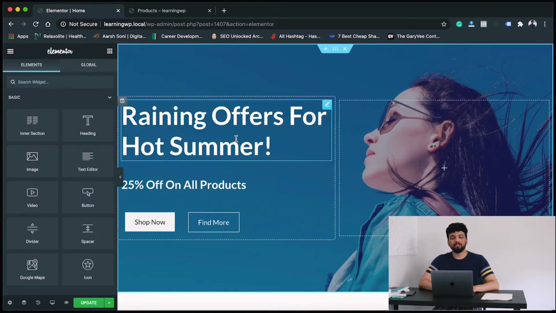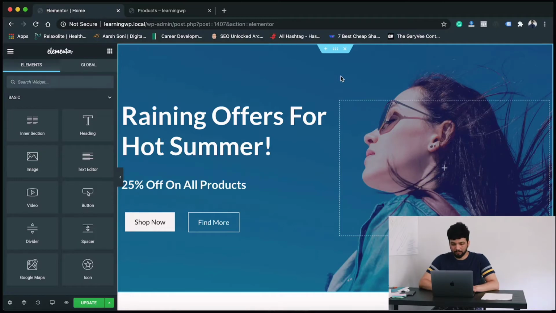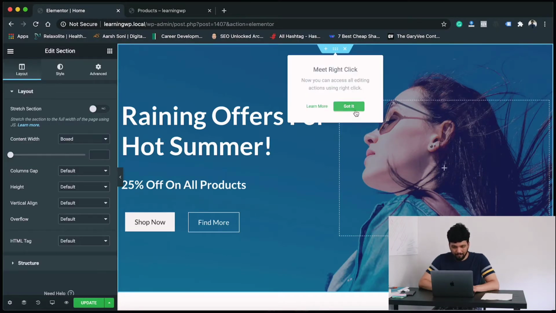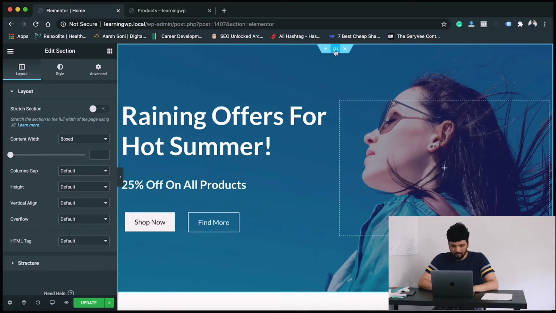Now let's say you want to change the images. Click on the section, the 6 buttons you see on the top. It says edit section. Go ahead and click that. It's going to guide you through as well. If you are starting the Elementor interface for the first time, it's going to give you a tour. As long as you click the buttons, it's going to show you what each button does. So we'll go ahead and click got it. Once you click that button, the edit section will change, and this section is related to this complete section. So anything you change in this one will affect this section.